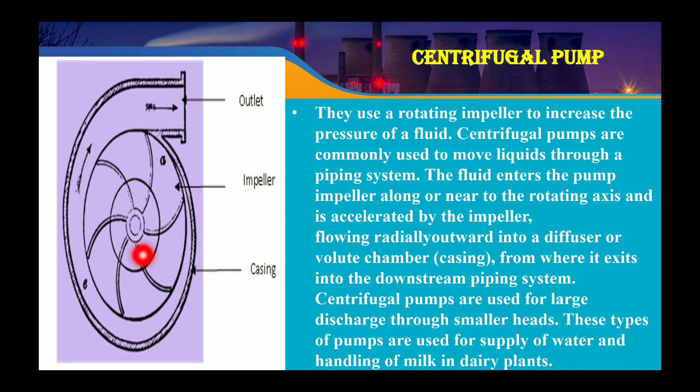Centrifugal pumps are commonly used to move liquids through a piping system. The fluid enters the pump impeller along or near the rotating axis and is accelerated by the impeller. When the water comes to the impeller, the centrifugal force is produced, and this pressurized water goes through the outlet,